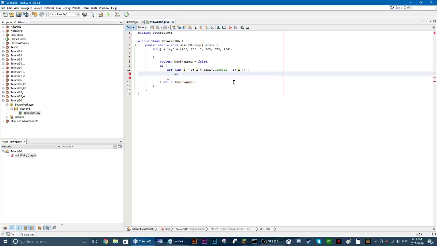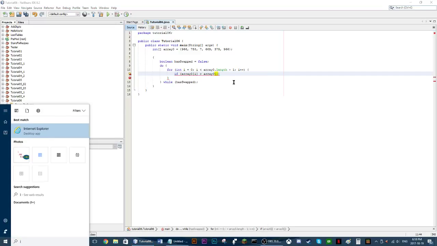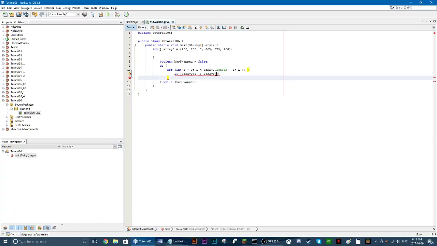If, this is the if statement we want, if array 0 I is greater than array 0 I plus 1, this is where it says swapped. So let's put has swapped equals true. That's the first thing we want to worry about. And then we can put,